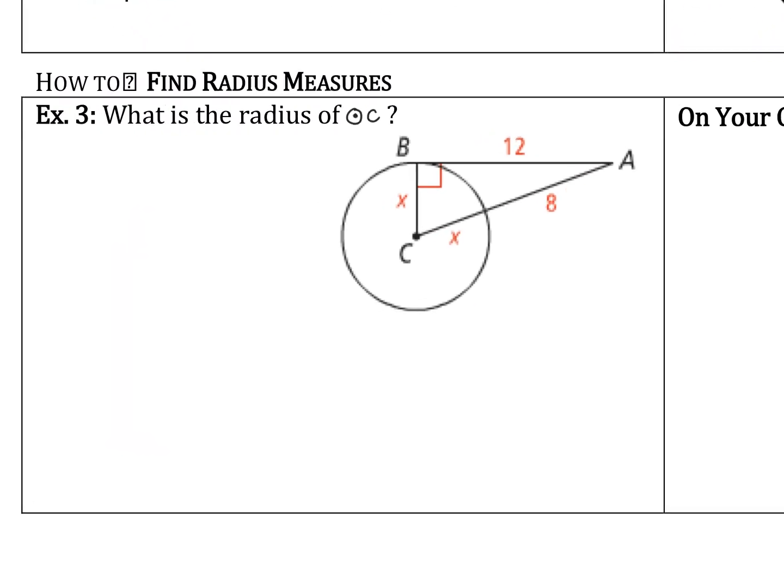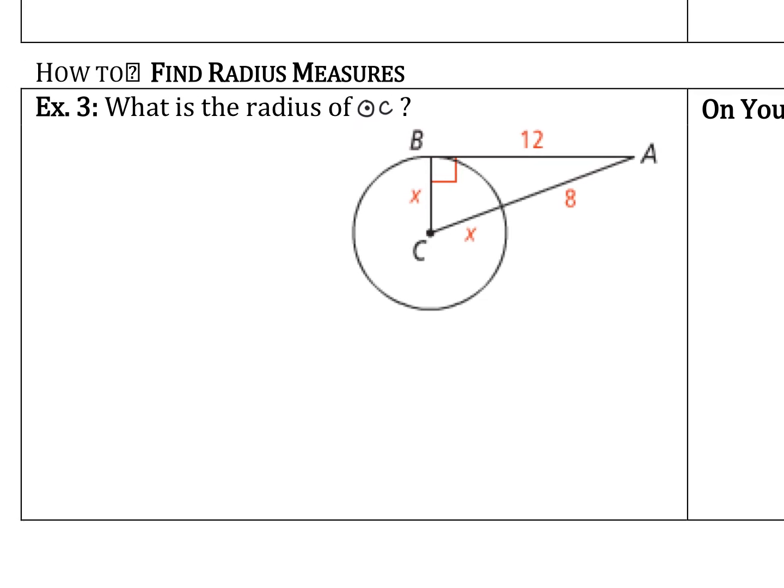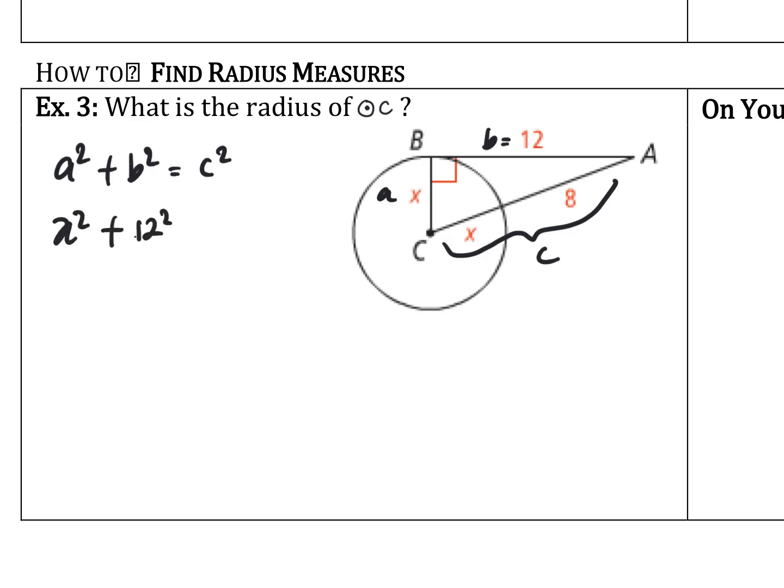Okay, now we're going to find the radius. What is the radius of circle C? So in this case, we're going to be using the Pythagorean theorem, which is a squared plus b squared is equal to c squared. So let's label this as our a, this is going to be our b, and the whole of this is going to be our c. So the value of our a is x squared, our b is 12 squared, is equal to x plus 8